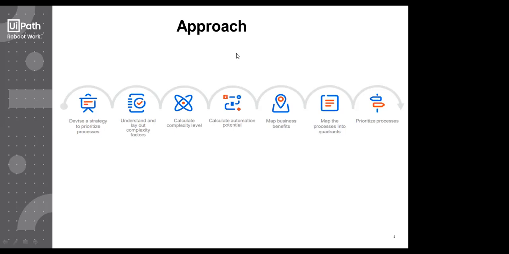Then we calculate the automation potential, that is, to what extent we are going to automate a process. If there's a big process with multiple sub processes, like 10 or 20, then how many of the sub processes do you pick in one go and automate? And if you have automated 4 sub processes out of 20, then how do you bridge the gap between those, and lay out the connectors so that the output from one could act as an input to another.